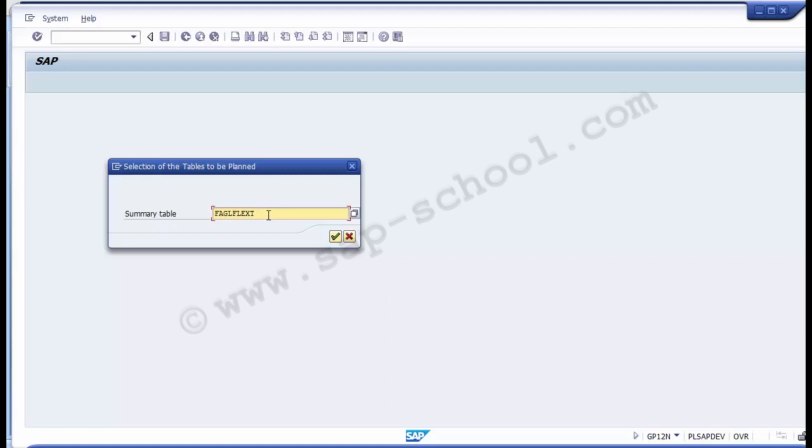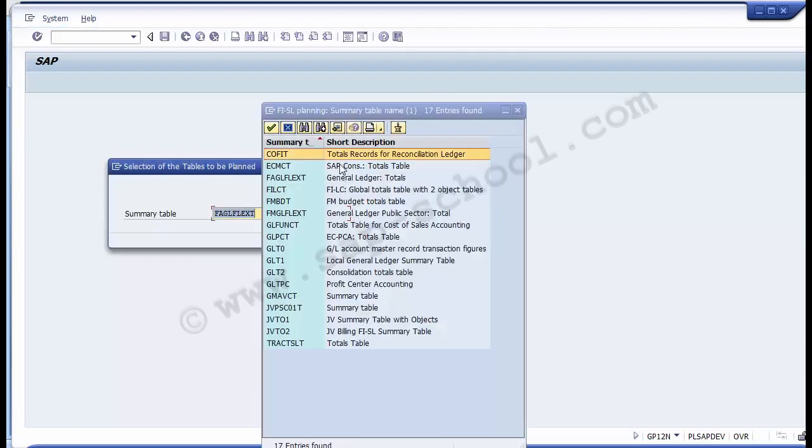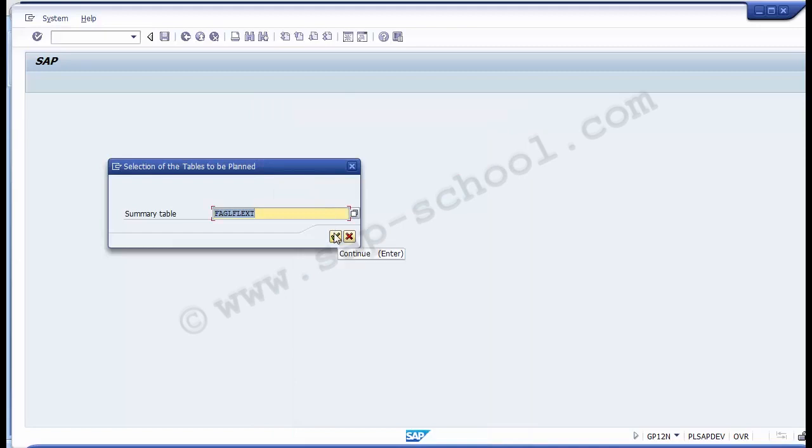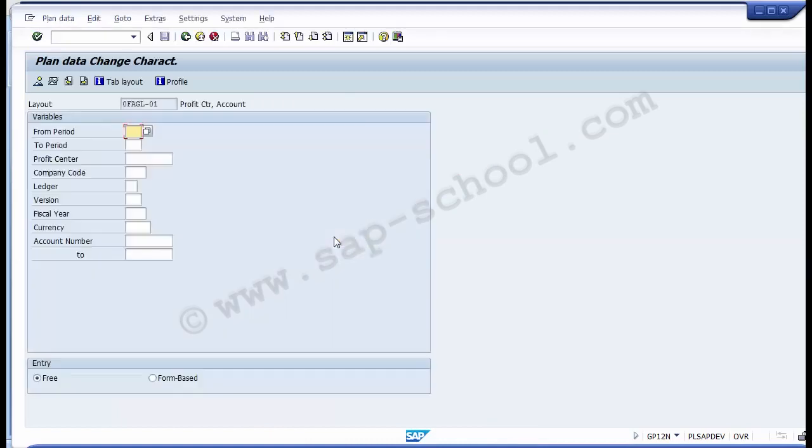Once you have selected this table, if you don't remember the table name, you can go to the list of options again. It will give you the list of all the summary tables on the screen. You can see different tables, but what we need to select is the general ledger totals. So once you have selected the table, you have to press Enter or the green tick mark, you can click onto that. So the system takes you to the next screen now, and it says the plan data